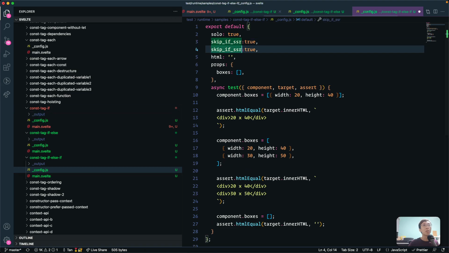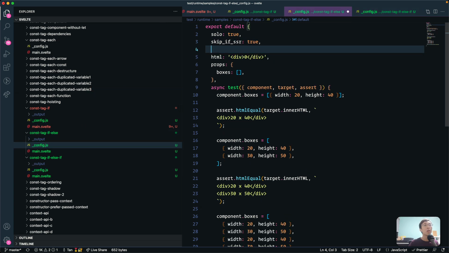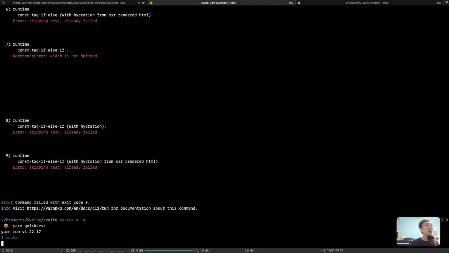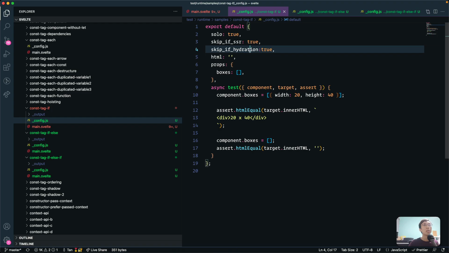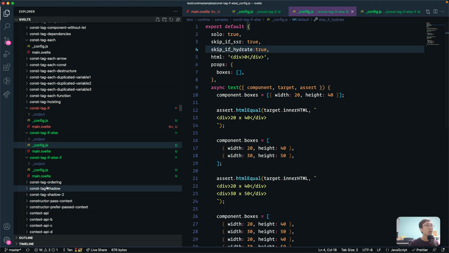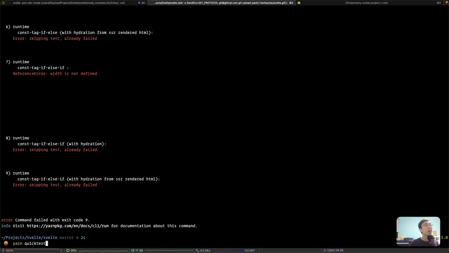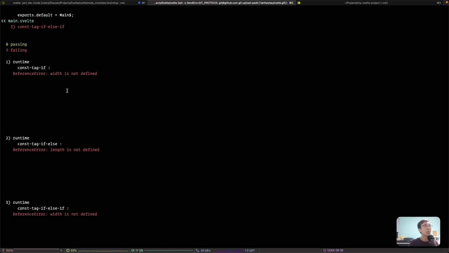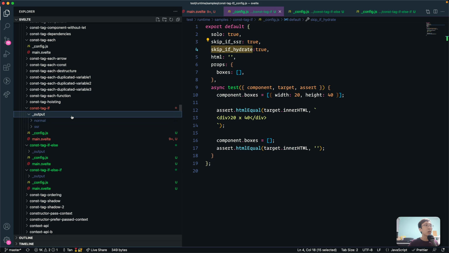If you try to skip even hydration, skip if hydration. Is it hydration or hydrate? I can't remember. Let's wait. I think it's skip if hydrate. Then you have only 3 test cases, right? The CSR one, the render DOM on the client side rendering one. So first, it does not work. Well, if you take a look at the output,